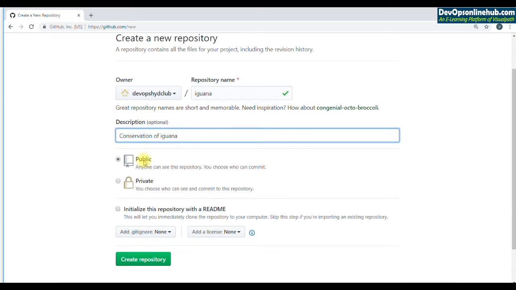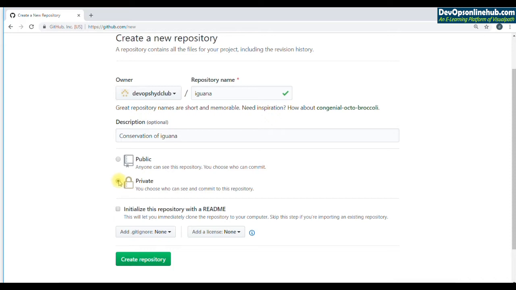So you have the option of a public repository and a private repository, and this is the difference. Simple. Public repository, anybody can see it, but only you can choose who can commit. Not anybody can commit. Private repository, mostly you'll use for your internal projects, where you don't want to disclose your source code to the public. So it will be private, and you can create free private repositories also now on GitHub. Previously, free private repositories were not allowed, but now we can create them. So let's create a private repository.